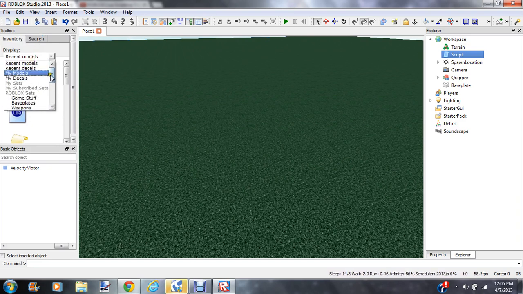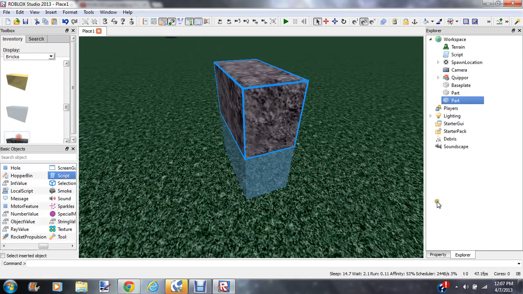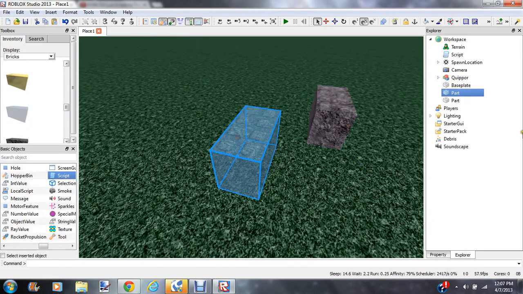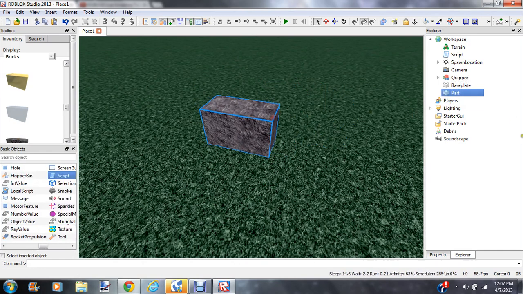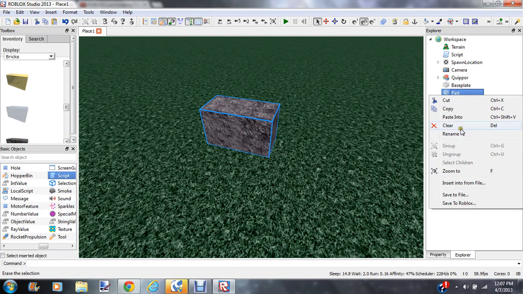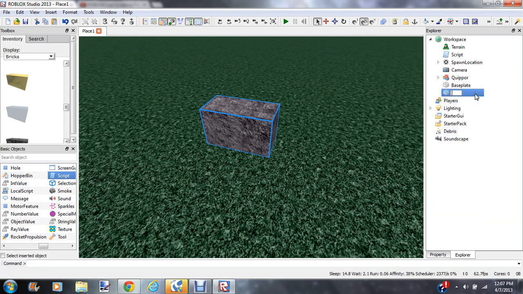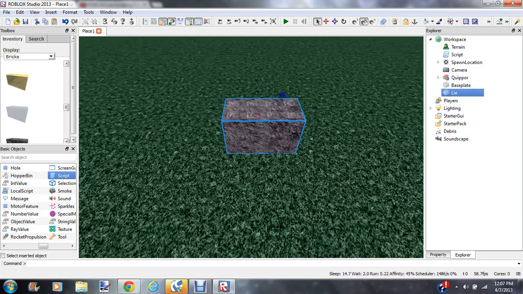Search for a random brick, something random. Let's name this one lie or whatever. Okay, so now that we have that,